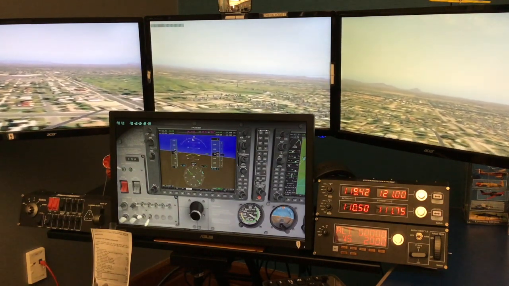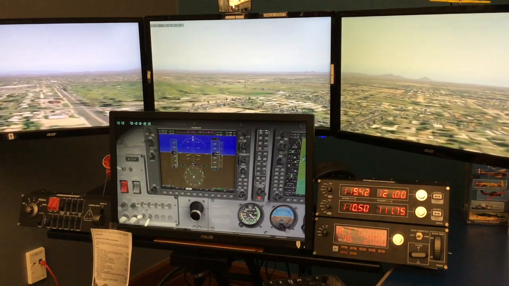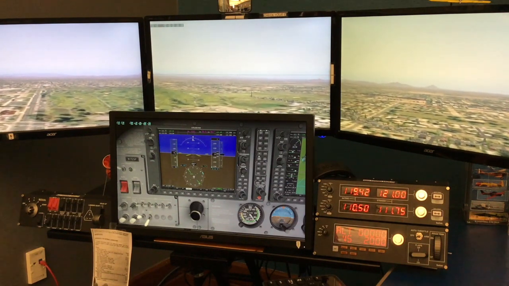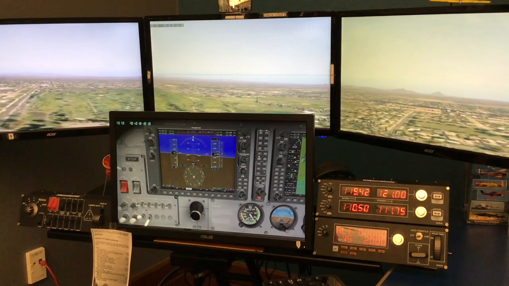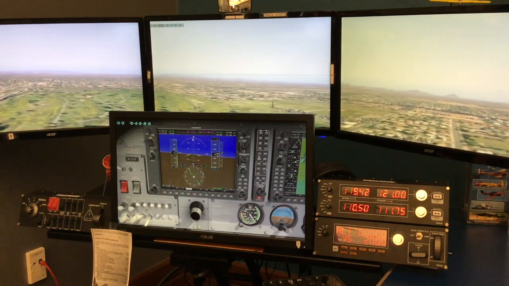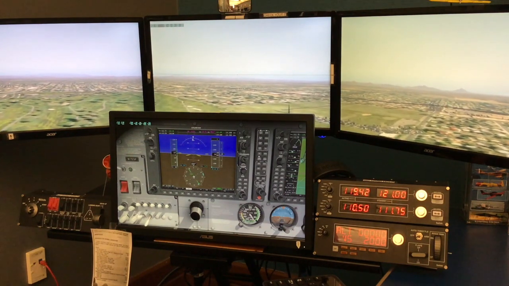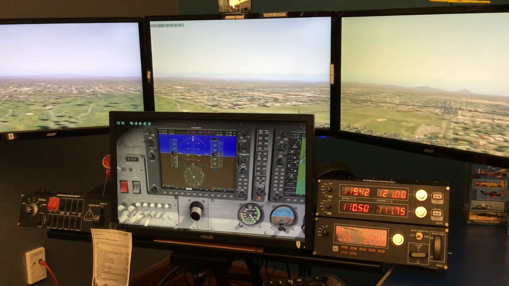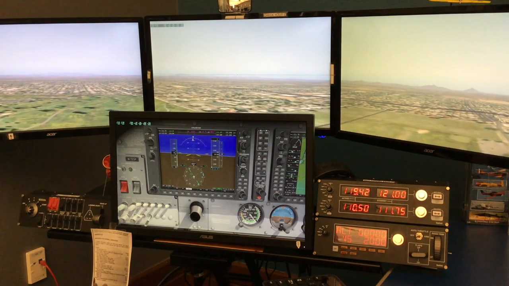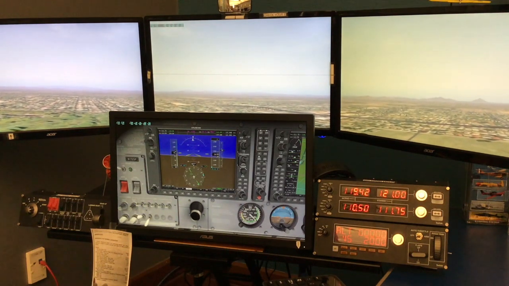One of the problems that we've been running into is sometimes you'll actually have the scenery look the way it did before, where there was brown dry grass around the airport, but now somehow because of the way they're doing the scenery, there's grass and houses and so on. So I haven't been able to fix that yet. So okay, we got 10 degrees of flaps here. Trim the nose down a little bit